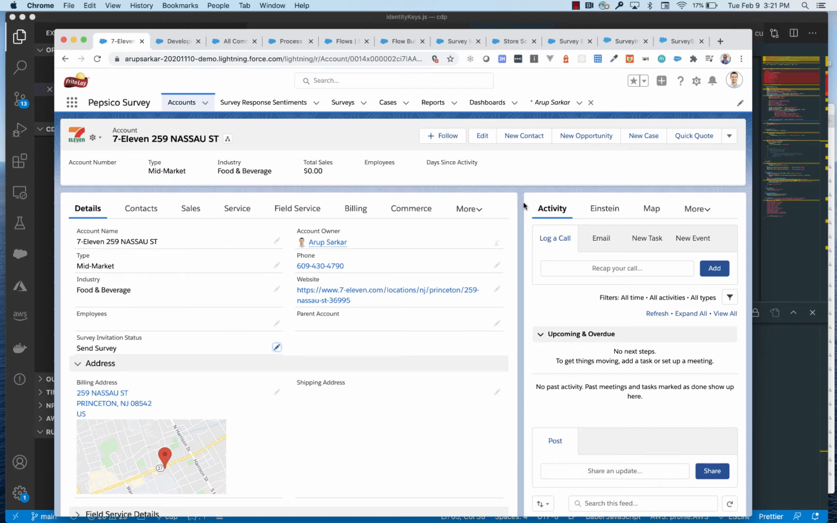Today, I wanted to talk to you about how you automatically create a survey invitation, a record in a survey invitation object. Now, there are many ways to create a record in the survey invitation object, right? You can use automation tools like flows, process builders. You can mass upload your CSVs. It's up to you. But one key thing to understand is that once the survey invitation record gets created,